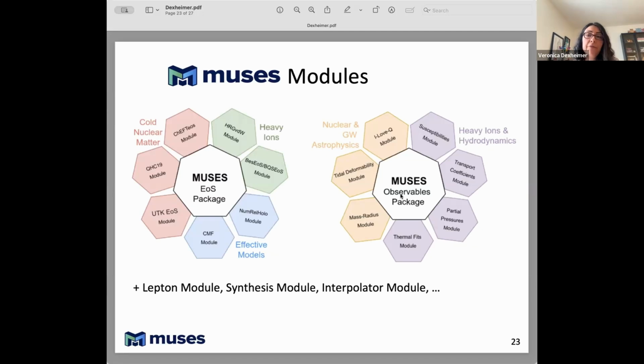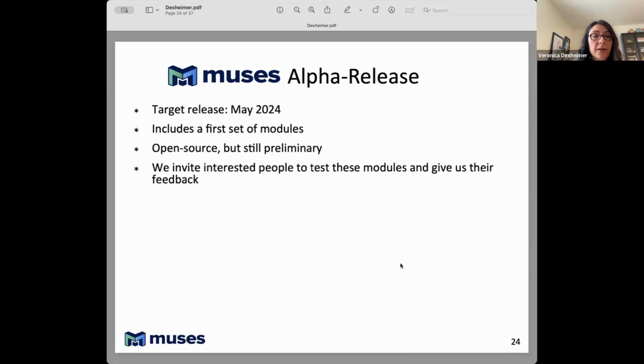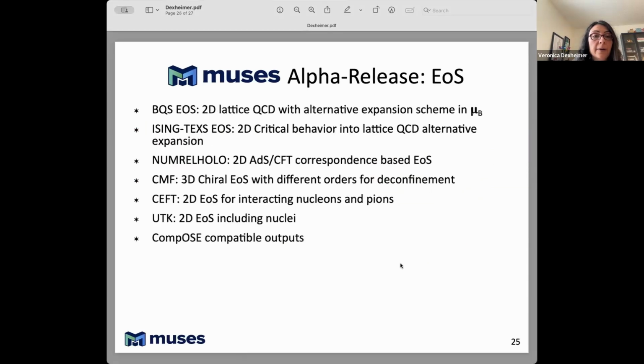So what would be the output? Sorry, go ahead. So my question is very technical. What would be the output? So the output is, at the time being, some subset of this. The ones that are going to come out in the alpha release are